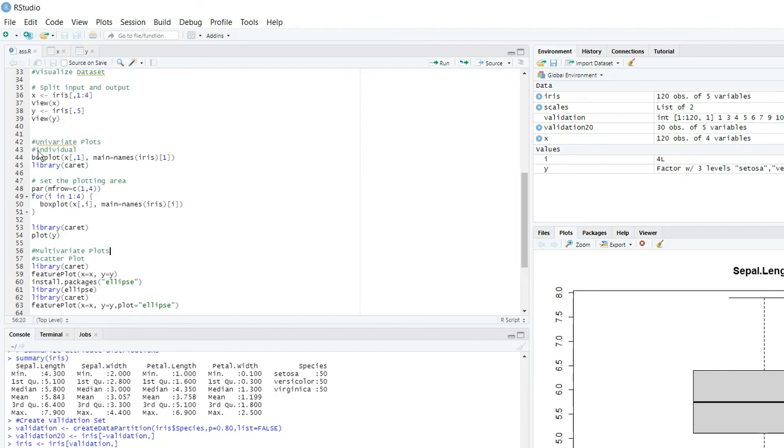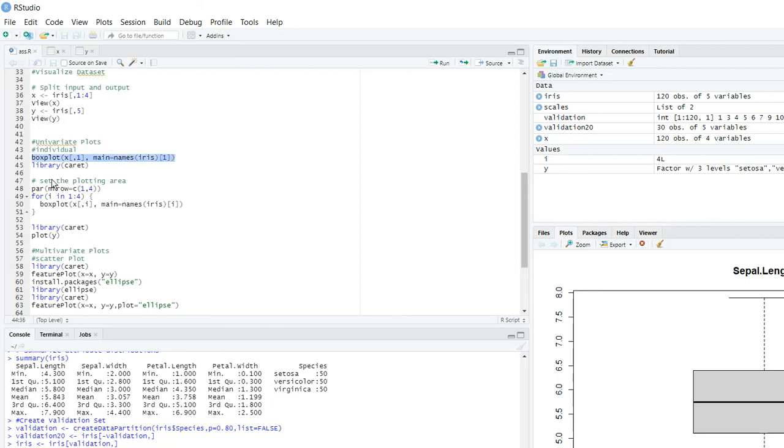Now this is about the individual attributes. For a single attribute you can plot the box plot. And if you want to plot box plots for multiple attributes in one go, you can use a for loop, and you can set the plotting area using the function par. You specify the rows and columns, 1 to 4, and then using a for loop, for i in 1 to 4, you simply place the same function which was written for the individual attribute.